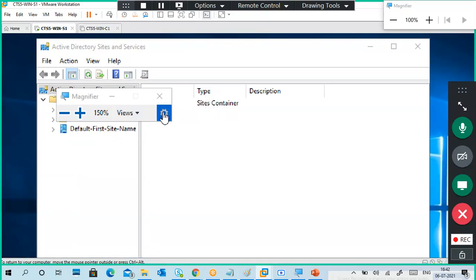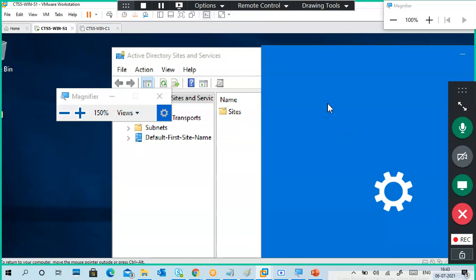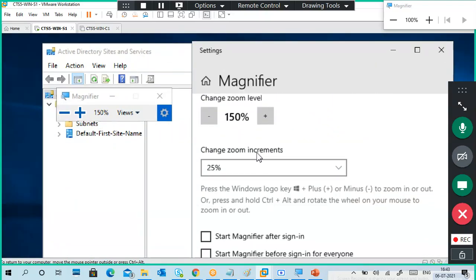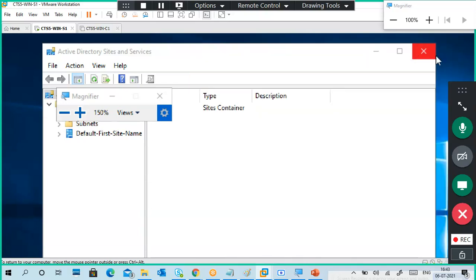Very good. I think magnifier turn on. Yeah, 25 unselected. Very good.